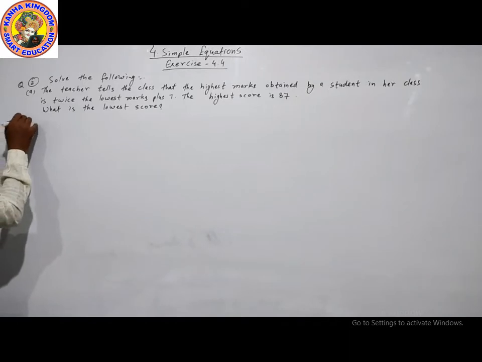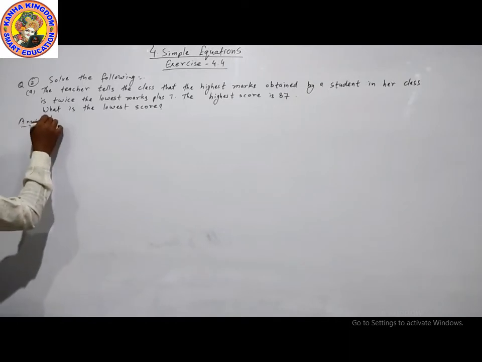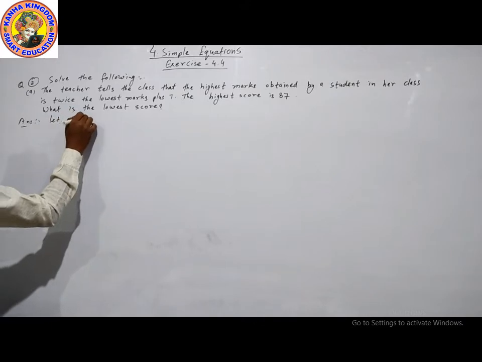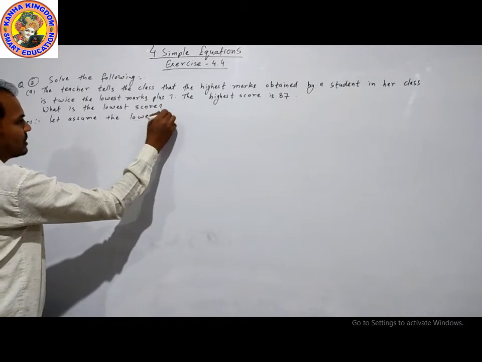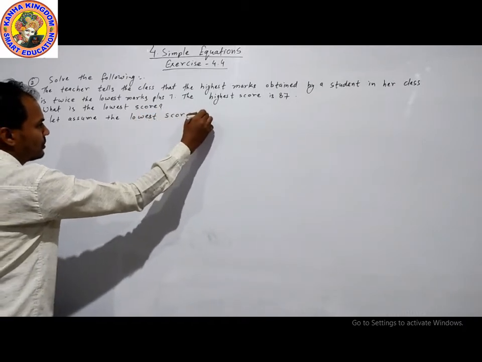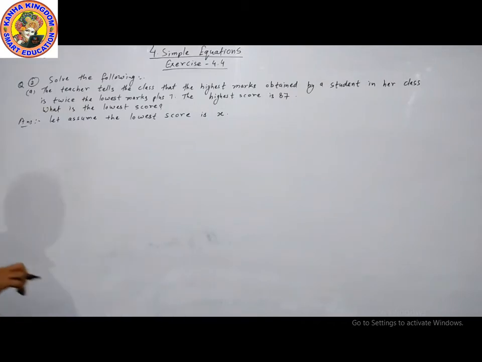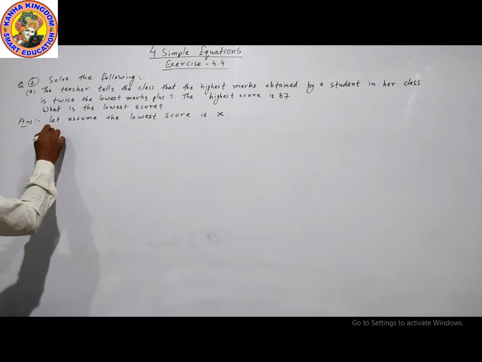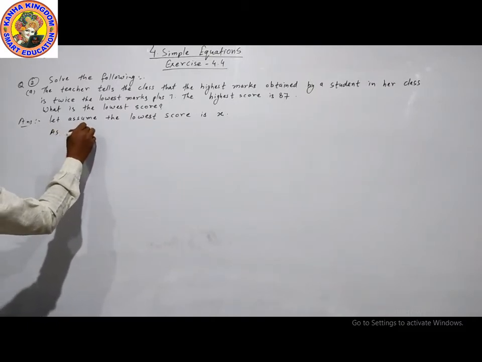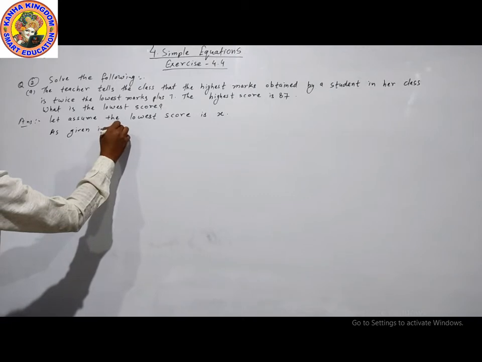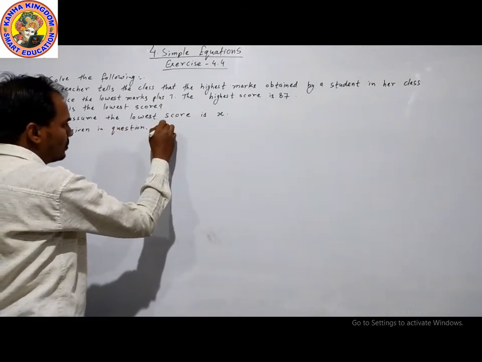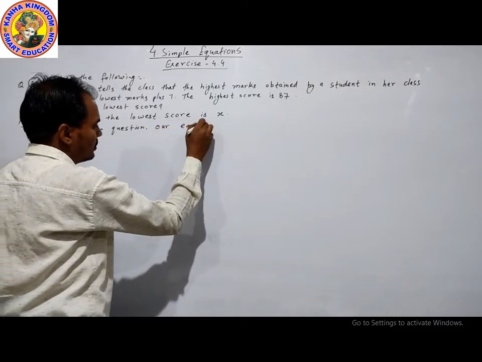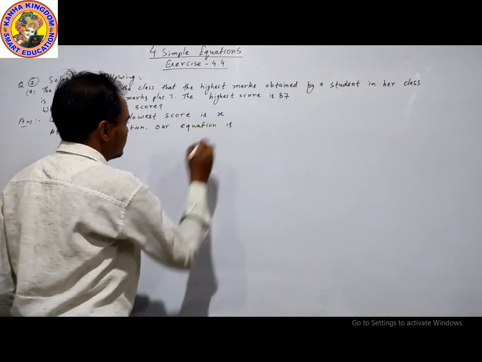Let's assume the lowest score is x and we will find the value of x. Now, as given in the question, our equation is,